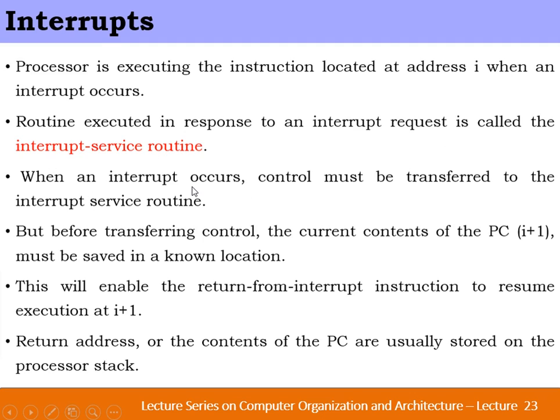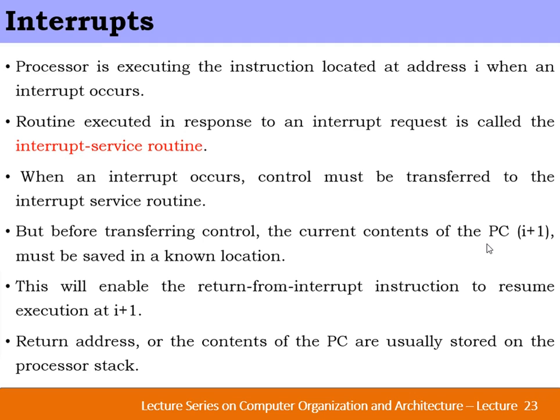When an interrupt occurs, control will be transferred to an ISR. The currently running program has to stop executing and a new program, the ISR program, needs to be executed. Once the ISR program has executed, it should come back to the I+1 instruction. In order to come back to the I+1 instruction, its address has to be saved. So when an interrupt occurs, control is automatically transferred to an ISR, but before transferring the control, the current content of the program counter, which we know is always pointing to the address of the next instruction